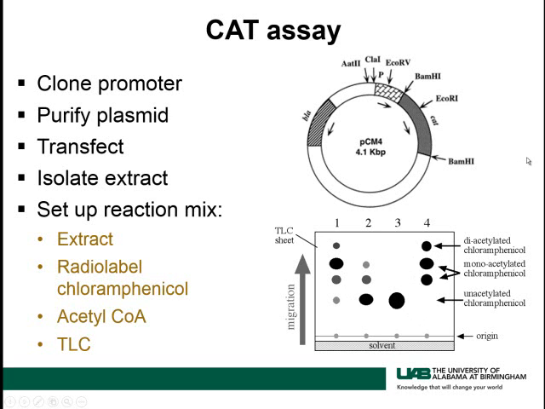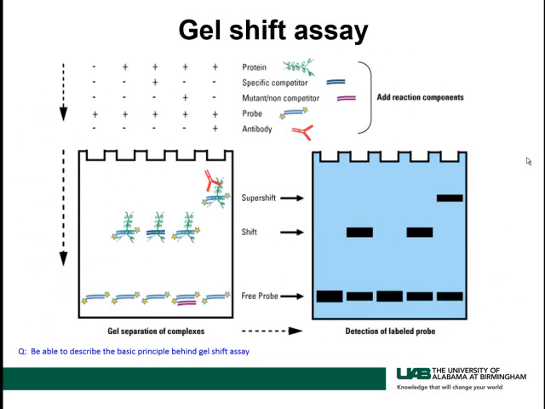So this is just one way of determining whether an upstream region of a gene binds RNA polymerase. This is another way of testing whether or not a region of DNA can bind protein for transcription, and that is that you can radiolabel a region that you suspect to bind protein, and then you interact it with protein extract containing, of course, RNA polymerase or transcription factor, and you run it out on acrylamide gel, and this is